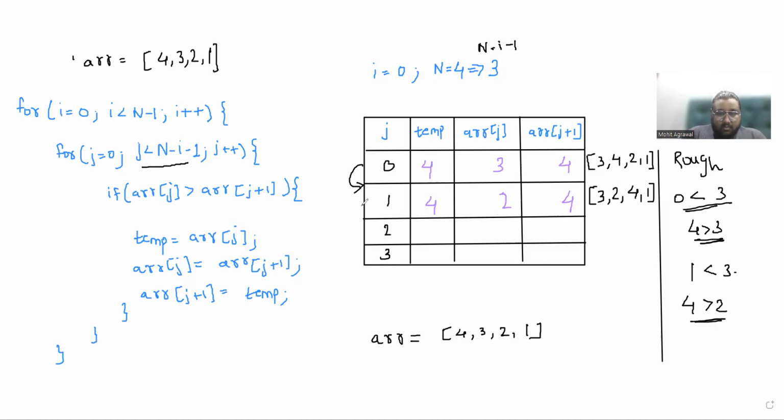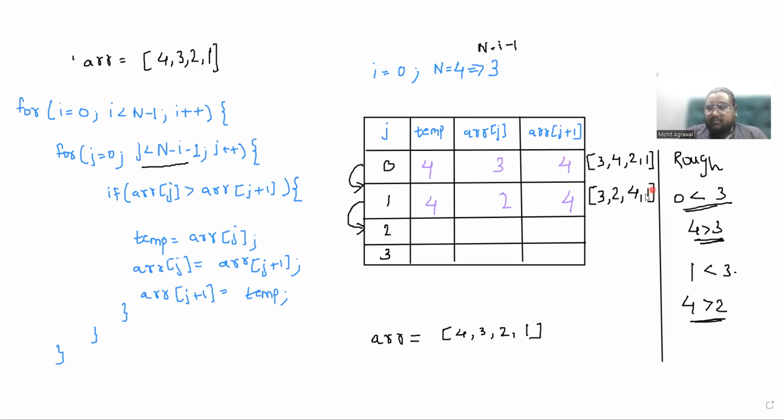So quickly, let's just fill this as well for the next. Now it is at 1, so j will increment, j plus plus. So we'll go to this condition, j is 2. Let me highlight it as well. So we are here, right? We'll be checking arr of j, which will be arr of 2. According to this current array, arr of 2 will be this 4, and arr of j plus 1 will be the next element,